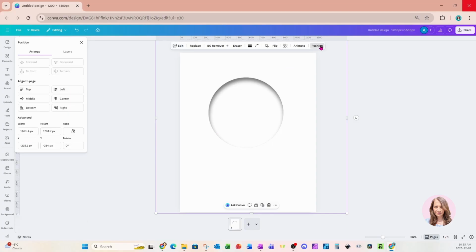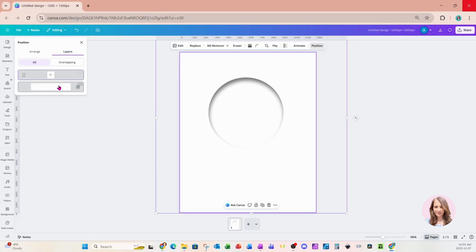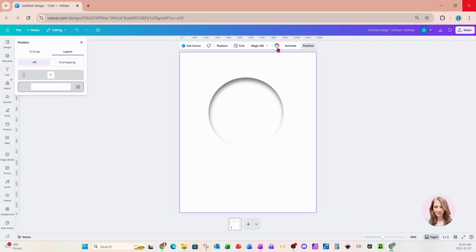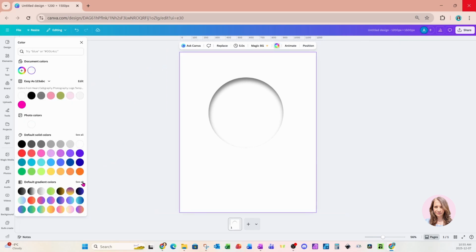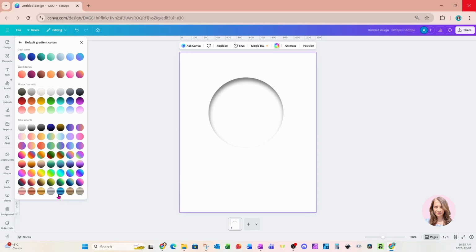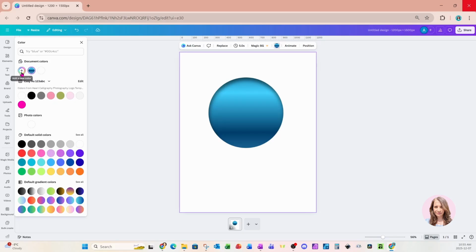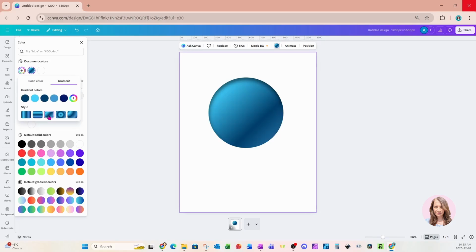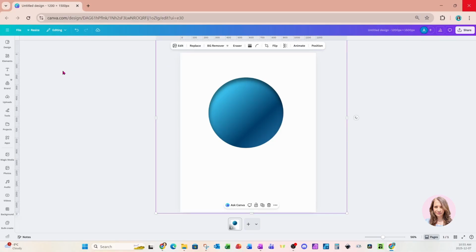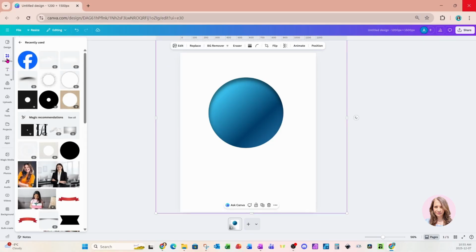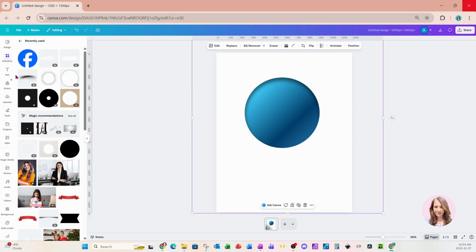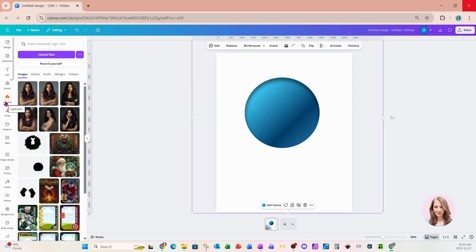I'm going to come up here to position, layers. I'm going to grab that background and I'm going to change the color. I'm going to come to see all and I'm going to change it to this beautiful gradient here. I'll go back and let's customize that gradient a little bit. So I'll choose this diagonal option like that. I'll just go back to my workspace and I'm going to go to elements, or I'm going to go to